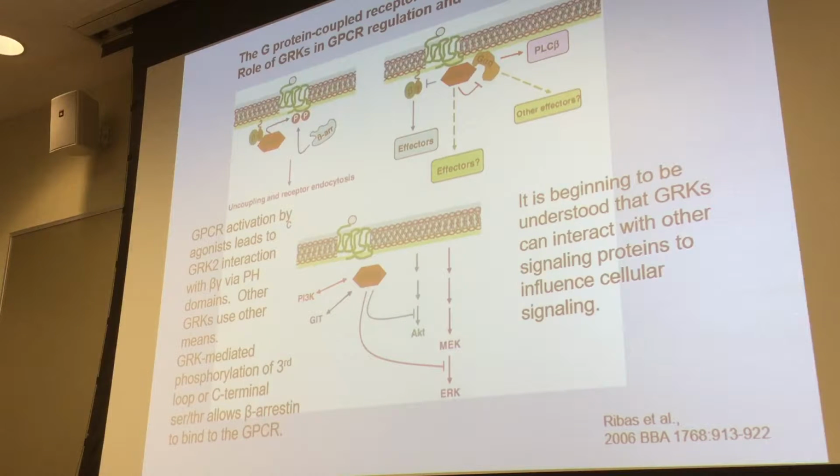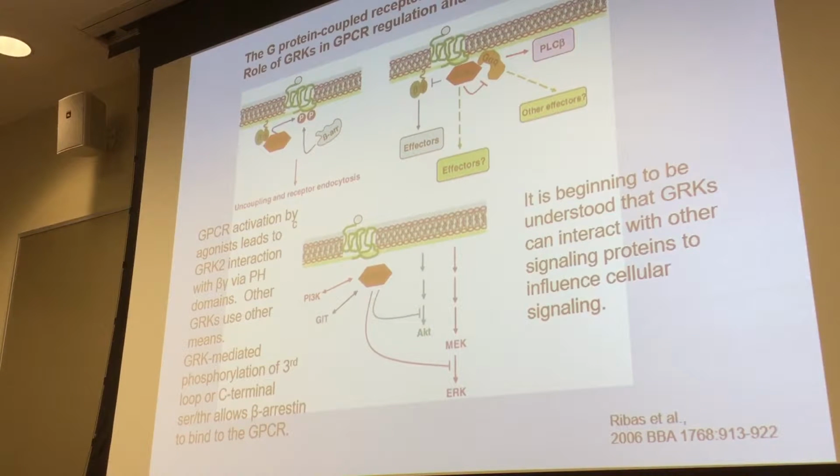So when we think about nomenclature, if you're just seeing the word GRK and it's got numbers, then 1 and 6 are limited to that tissue. Everything else is pretty ubiquitous in the rest of the body. On the other hand, if you're looking at a beta adrenergic receptor and a beta arrestin, then you go with the rest of the beta nomenclature, in which case GRK2 would be beta for beta